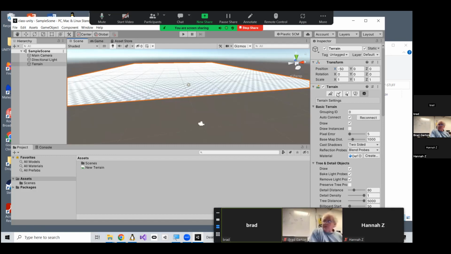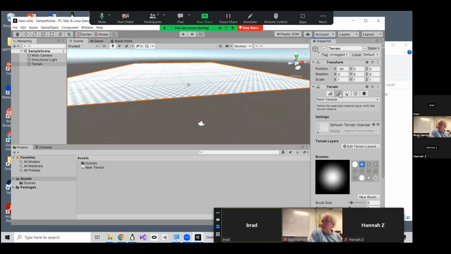Down here, there are a lot of really good tutorials, and there are many features of terrain editing. But the first one you're going to do is click on this paintbrush thing, and it says paint terrain. And you go, well, I don't want to paint the terrain, I want to make some mountains. If you click on this, you get all kinds of things, and the default for some reason is painting